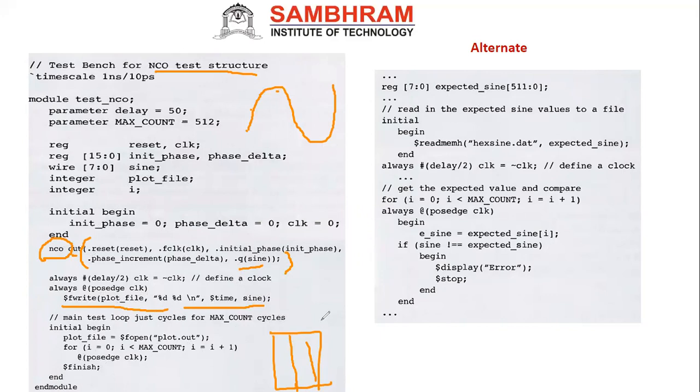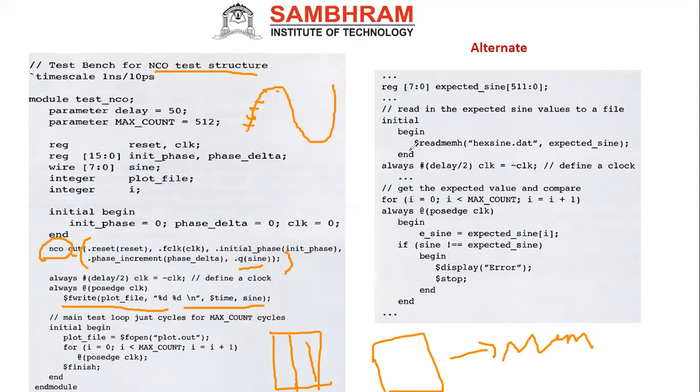The another method, how can I generate it? Simple, you have done it in the HDL lab. In the HDL lab, actually, there is a sine wave generation. For the sine wave generation, what I will do, I will calculate the values of the sine wave here. See here for each and every value, I will save it in one file. It is nothing but a memory file. I can call this a memory file. This is called the memory file. In the memory file, I'll save all the data related to the sine wave.